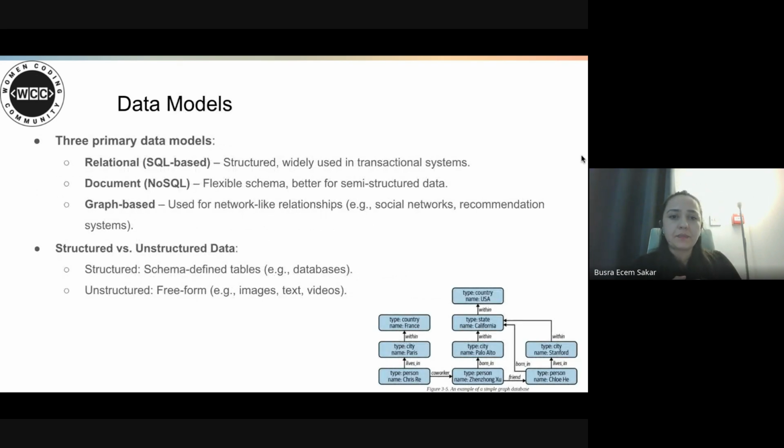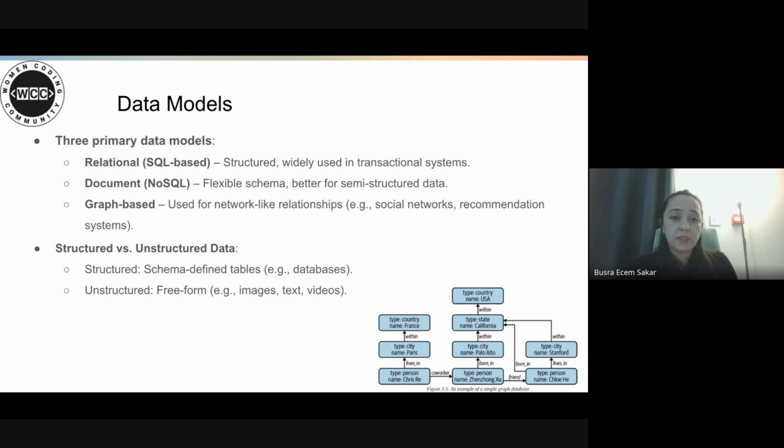Thank you. So once we have data stored in the right format, next the question is how we should organize it. The book highlights three primary data models in machine learning systems. One of them is relational databases, SQL based, structured and widely used in transactional systems, as I said before.